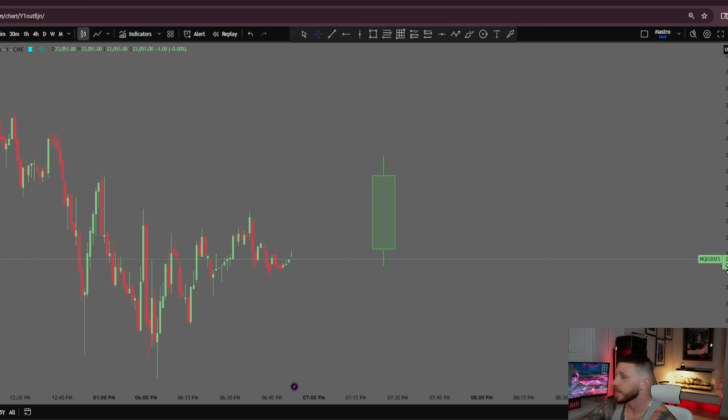So again, the 4 key points of a candlestick is what we're going to go over here on this bullish candle. There's an open, there's a close, there's a high, and there's a low, right? So let's say we were on the 1 minute time frame, correct? And this is our candlestick right here on the 1 minute time frame. On the 1 minute time frame, as you can see in these candles right over here, each candle closure is giving us information on what the candle did or how price moved within that 1 minute of time